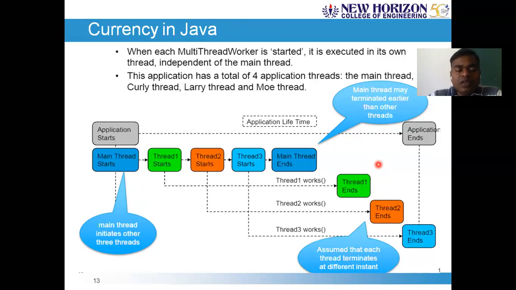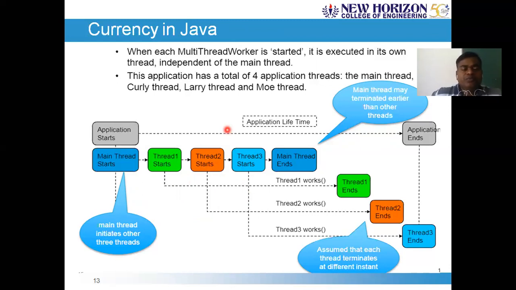And of course, sometimes thread 1 can complete 50% of the task and give a chance to thread 2 for the remaining 50%, and again thread 3, then thread 1 can complete what is left out from when it got its first chance, followed by thread 2 and thread 3. So this order may be anything. It may be 1 followed by 2 followed by 3, or 3 followed by 2 followed by 1, or whatever the order. This order is completely random, and it is purely based on the load that you have given and whether you set any priority.